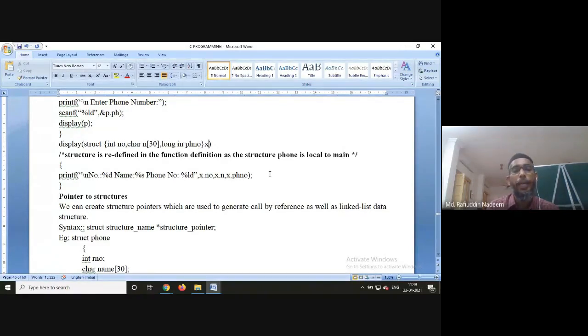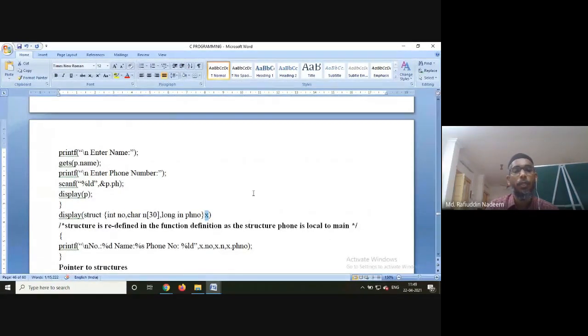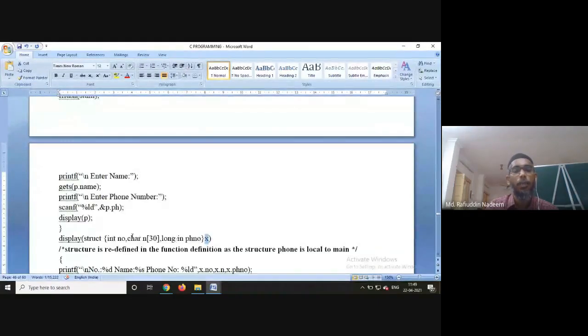Now via x, you're accessing. Here you need not write the semicolon. ఇక్కడ semicolon అవసరం లేదు. సో ఇప్పుడు ఇలా చేయడం వల్ల మనకు ఏమవుతుంది అంటే, another structure will be created in that